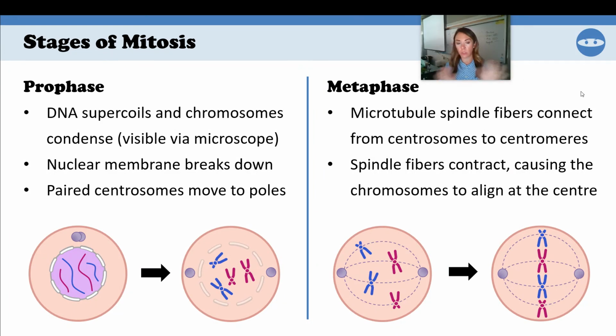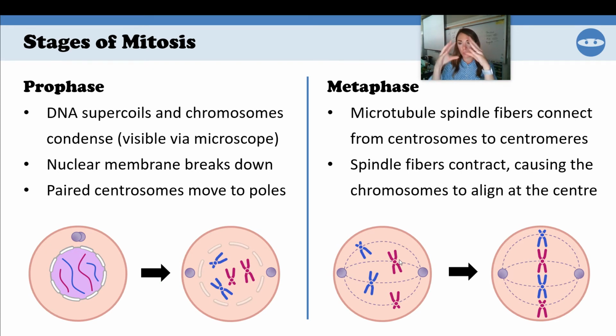Now a little bit more. Adding to those, that was the general. Make sure for prophase that you have these down. The nuclear membrane breaks down. My pairs start moving to the poles. This is where I actually get to start seeing it under a microscope because it's all super coiled. In metaphase, the spindle fibers connect and bring them to the center. They meet in the middle. The microtubule spindle fibers are connected to the centromere, which is the middle. They attach there and start pulling them this way, and the opposite for the next one.